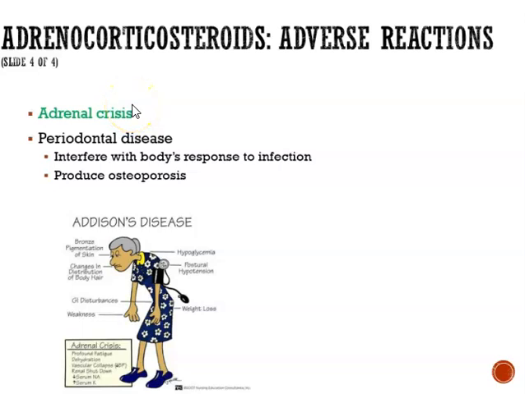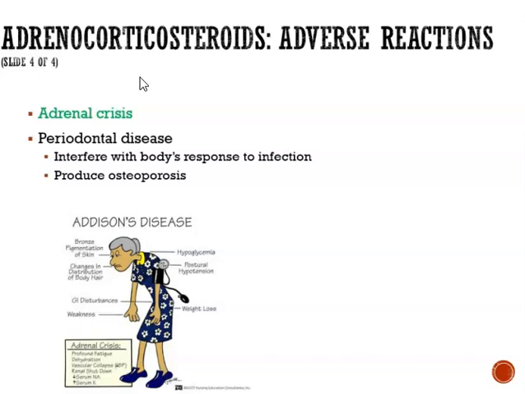If we take too much steroids, okay, so we're taking steroids and we've been taking it for a very, very, very long period of time, what can happen is after a long period of time of taking it, the body doesn't quickly respond to stress. So let's say you're taking prednisone or hydrocortisone. These are all examples of steroid drugs. If you take it for a long period of time, and if you take a very high dose, eventually your body is not going to release cortisol. Your body is not going to respond to stress really well. It will take a long time for the body to respond to stress.